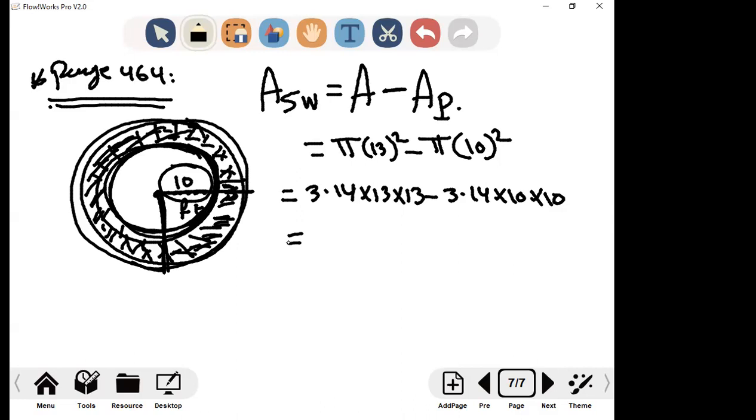I'll multiply them all at one time. 3.14 times 13 times 13 minus 3.14 times 10 times 10, right? This will be 530.66 feet power 2. Do you understand? Sorry. Your homework for today is